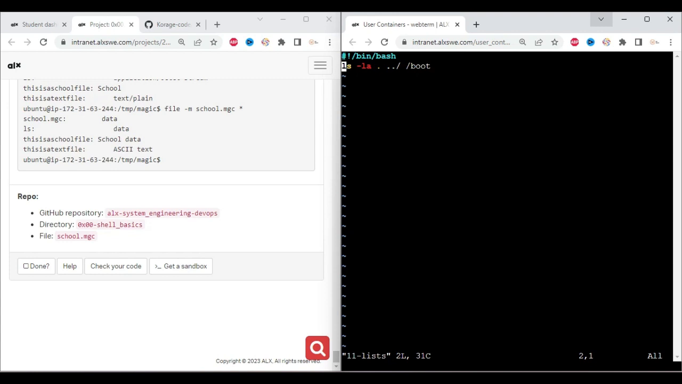So where we made the mistake was at the end. It's supposed to be double quotations at the end. Yes, just one quotation. So it's supposed to be ls -la, space, dot dot forward slash, space, forward slash boot forward slash. So now let's see if this